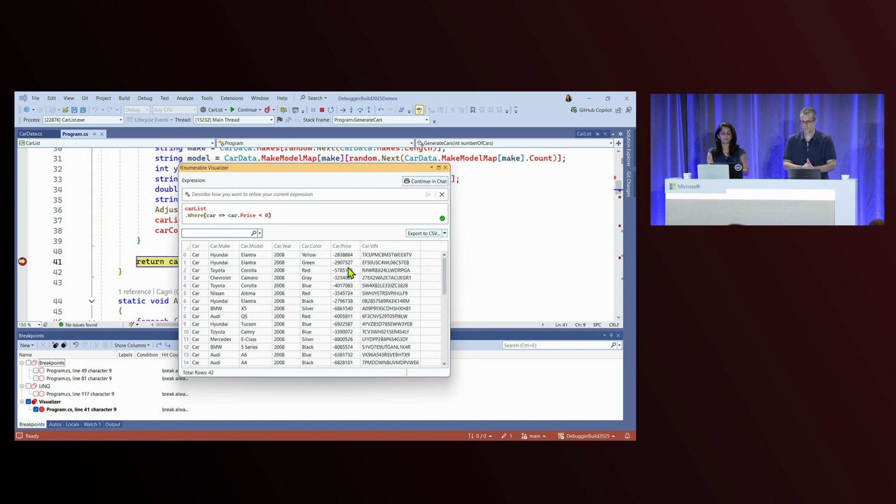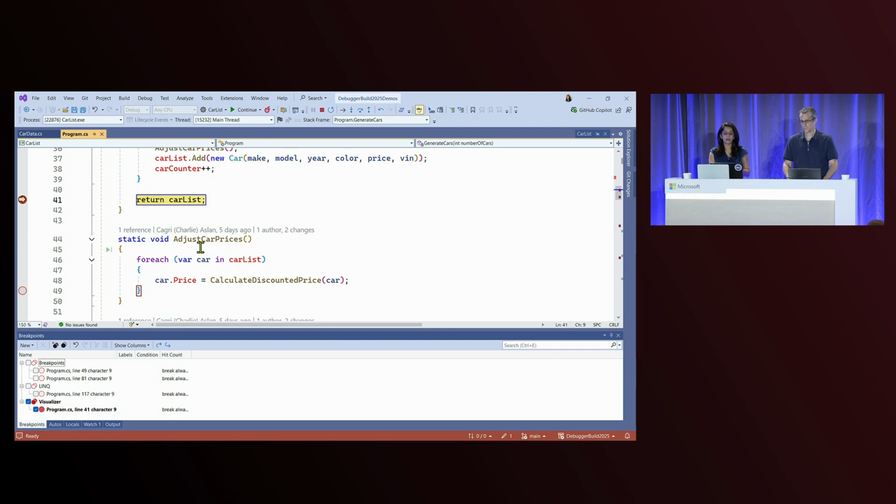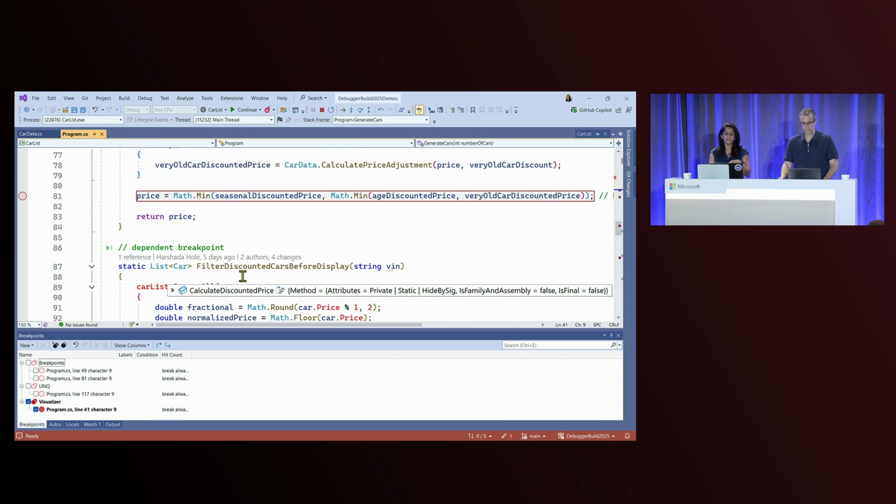So now we know that some of the car prices are negative. That might be the reason we got fewer cars at the end. So my hypothesis is that I have this address car price where I add some discounts to the car. I'm guessing something is going wrong, and the car discount is added a lot. Like it's adding a lot of car discount, and that's why my car prices are negative. And then I also have a function at the end which actually filters out discounted cars before it displays. So it's filtering out the negative car price. That's why we are not able to see all the cars. Now let's just again verify that.